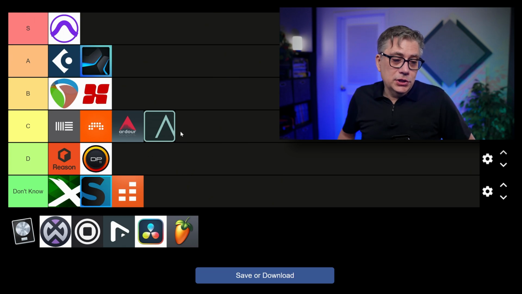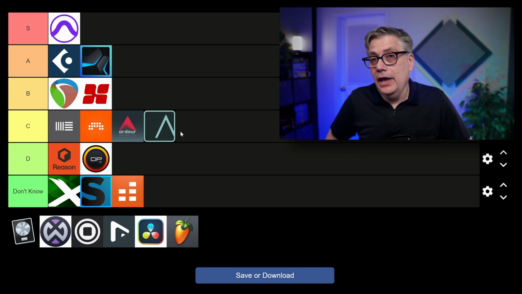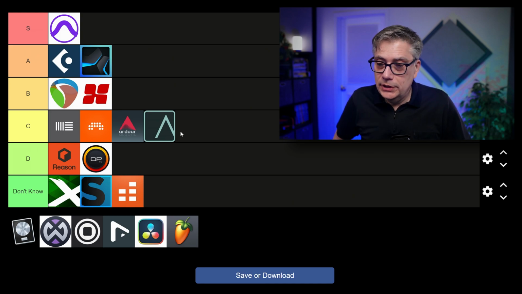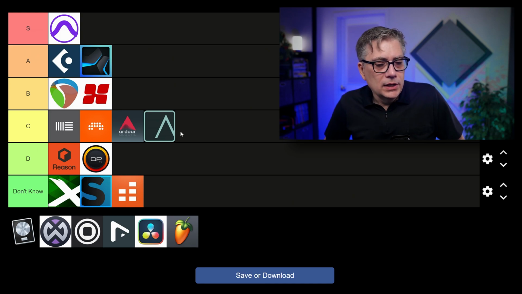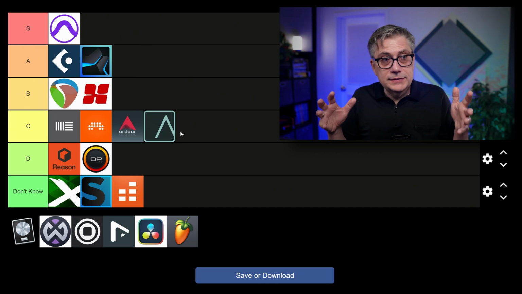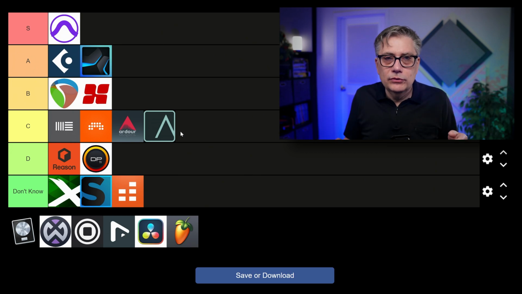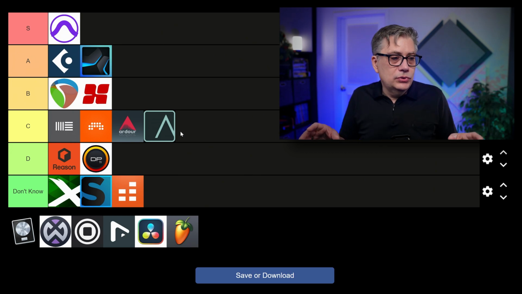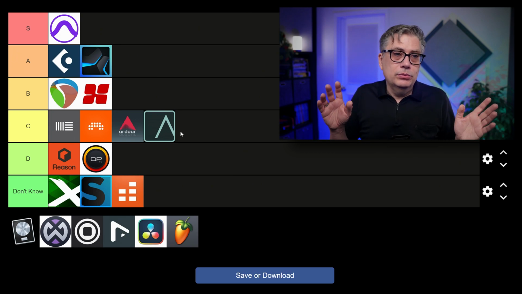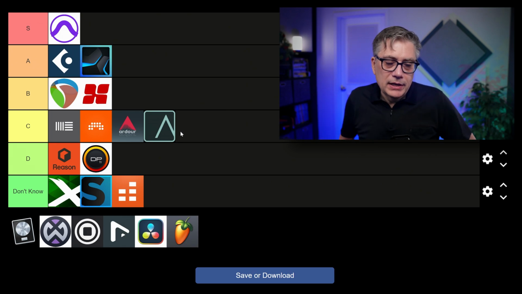Okay, next one is Logic Pro. Now, Logic Pro is one that is quite popular and that has a full integration of Dolby Atmos, unsurprisingly, because Apple is really going heavy into spatial audio. Now, one of the nicest things about Logic is the fact that it has the capability to work directly with your AirPods Pro or AirPods Max or some of the Beats headphones, and allows you to monitor your productions in exactly the same way somebody would hear it when they listen to it on an Apple device through Apple Music. And that's really cool.